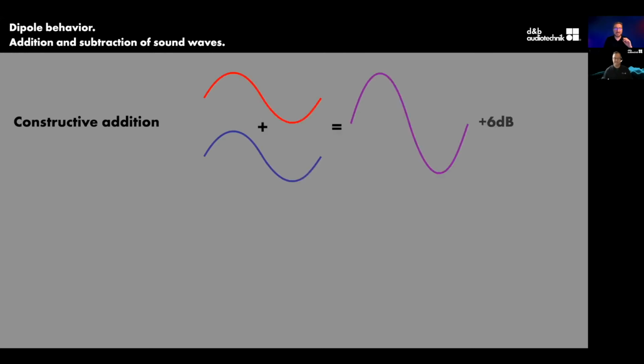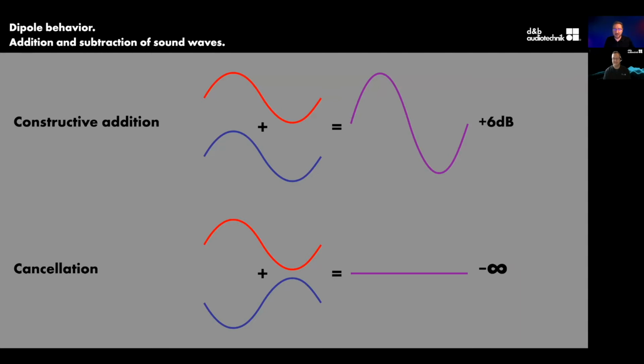And it had to do with the addition and subtraction of sound waves. So when we talk about two sine waves that are the same amplitude, same frequency, arriving at the same time, we're going to get a 6 dB boost at our measurement point. However, if they're 180 degrees out of phase, we're going to get a point of complete cancellation. Now, why are we going over these basics? The reason is this is what we use to take advantage of it. And it's this idea of a dipole.